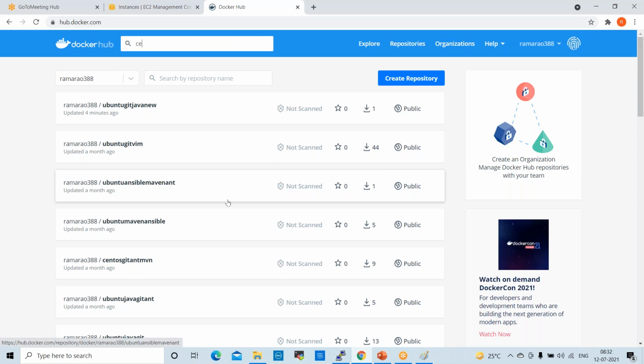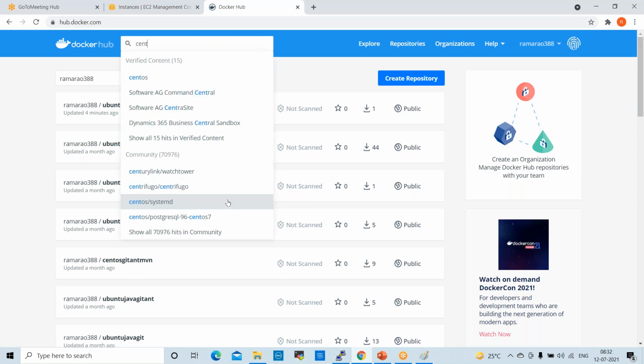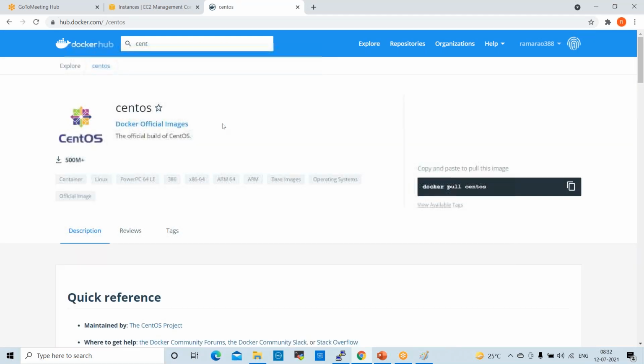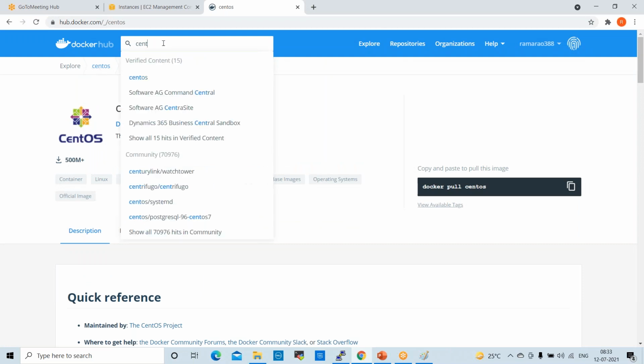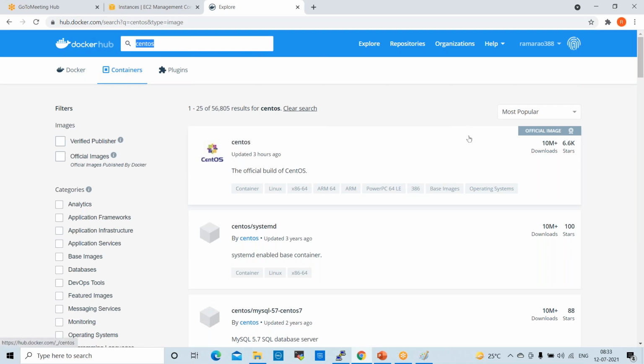For example, CentOS images are there. These are the CentOS flavors, and these are the images available.